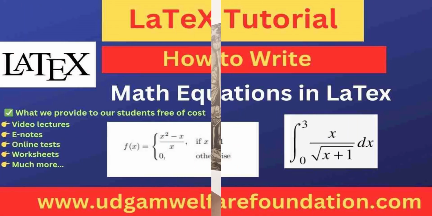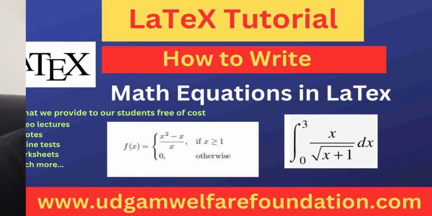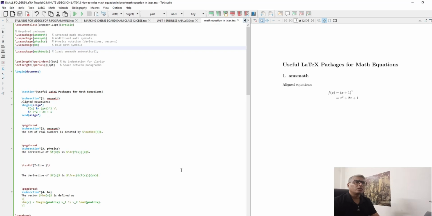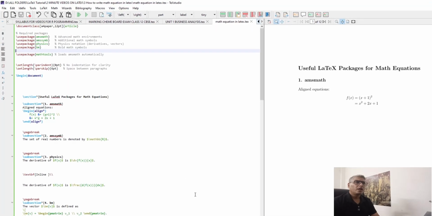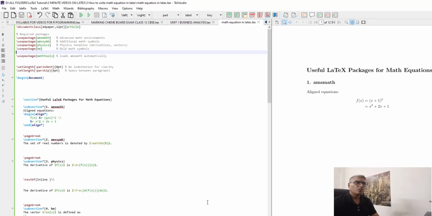In this video we are going to learn how to write mathematical equation in LaTeX. We are using TeXstudio as we have discussed in our previous videos. So let's get started. Here we are using different packages as written here, and these packages are used while